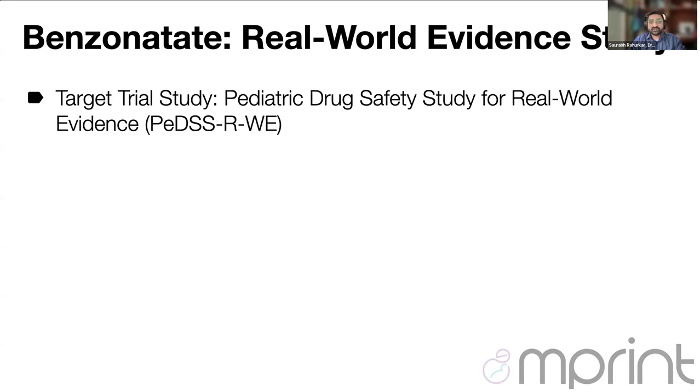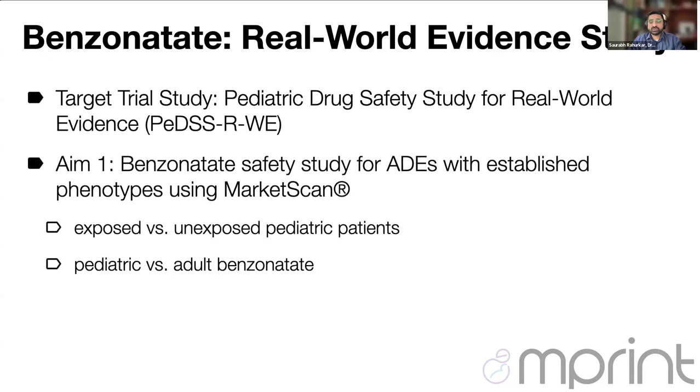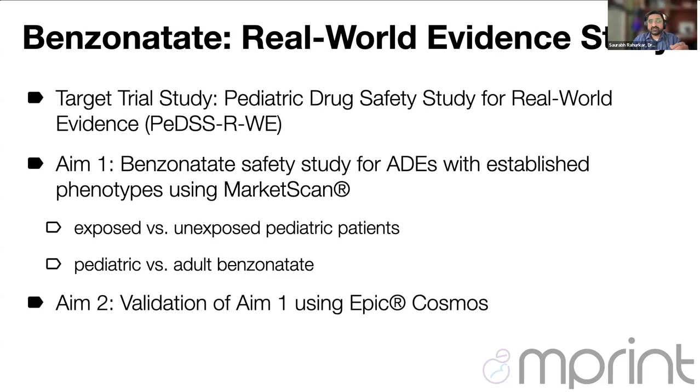So we have 3 specific aims. Aim 1 focuses on using validated phenotypes. We compare pediatric patients who received benzonatate with those who did not, and also compare outcomes between pediatric and adult users. This part uses MarketScan data, which is a national commercial claims database, which does not include, well, mostly does not include CMS patients. Aim 2 is a validation study. Good science needs replications, and that's what we're trying to do in this aim. We replicate aim 1